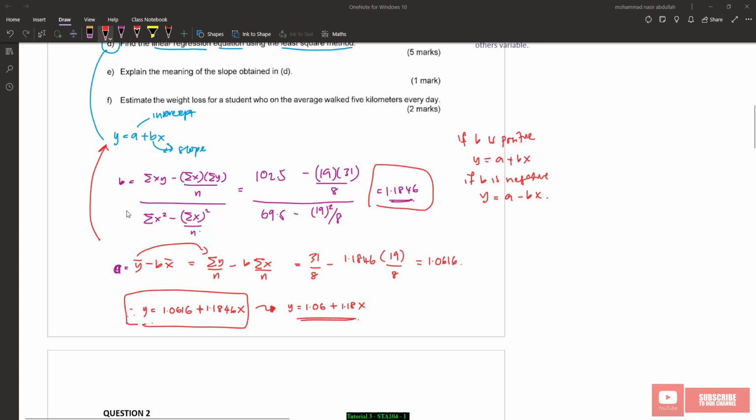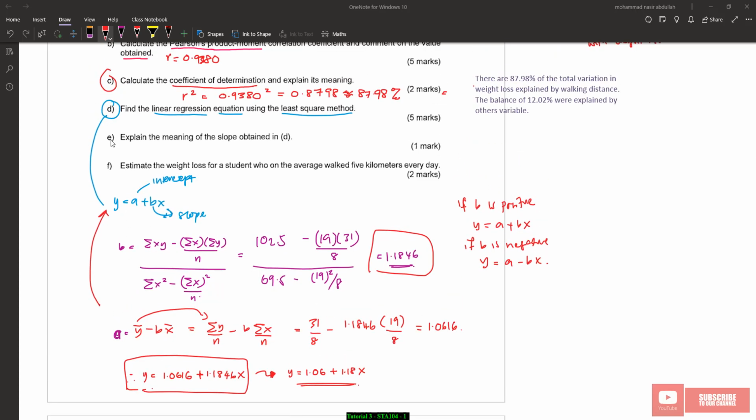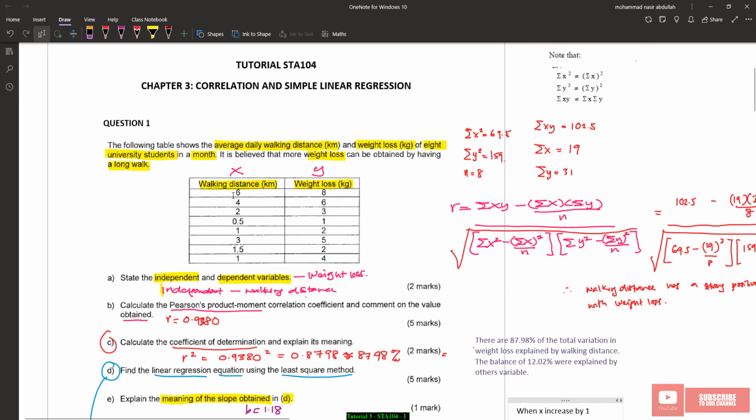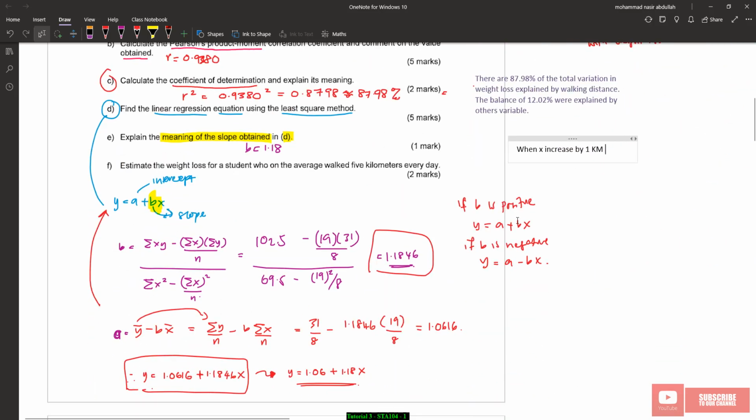Right, so we already finished D. So now let's look at E. Explain the meaning of slope obtained in D. Slope is B, right? The value of B is equal to 1.18. So what does it mean? It means that when X increases by 1, here they use kilometer, right? 1 kilometer. The weight